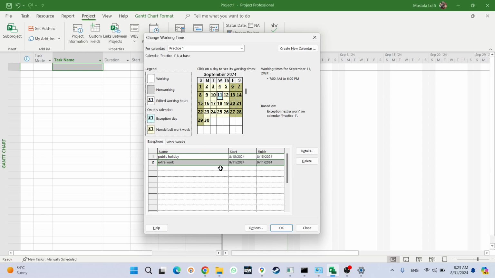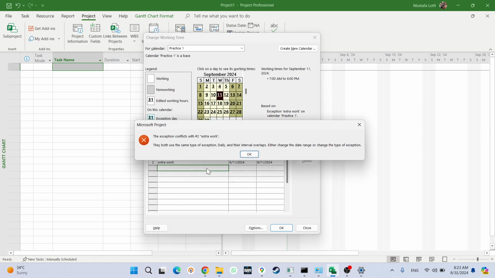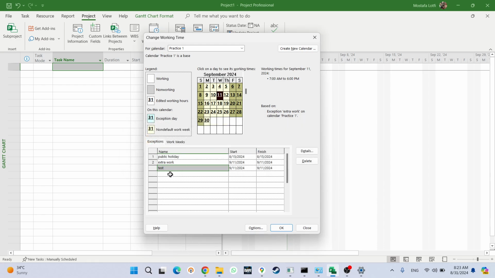But on the same day, if I wanted to use exceptions, I cannot have more than one exception. Let's say again 11th of September, if I want to add another exception, it will return an error and say there is an overlap between two exceptions and it's not acceptable. So what I'm saying is, what you define